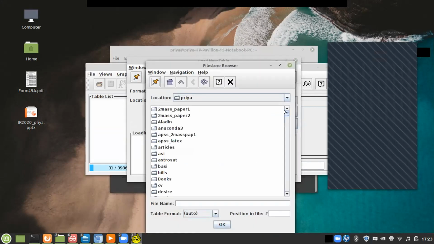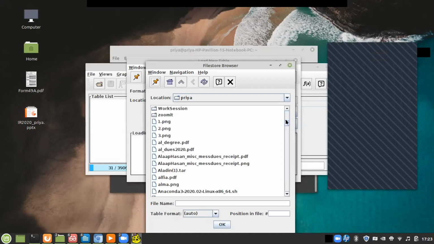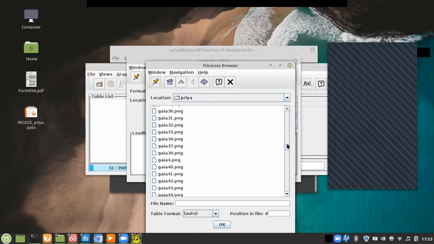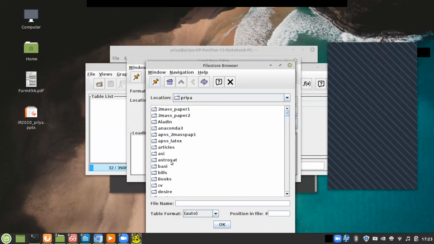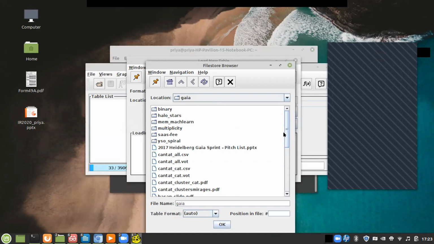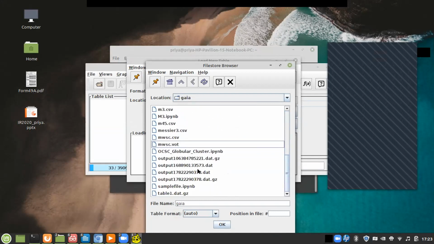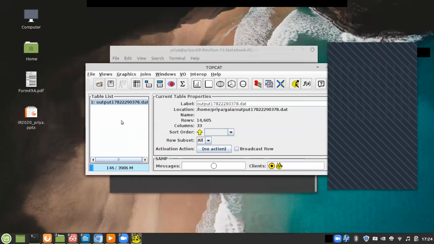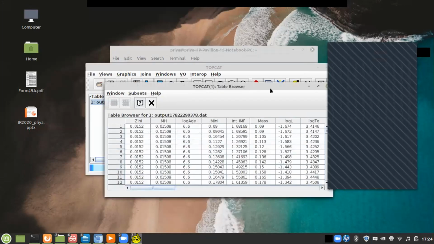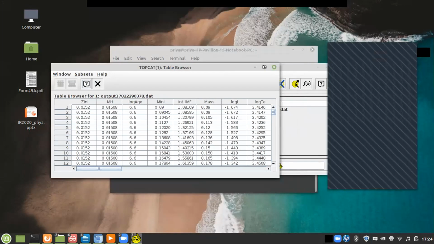This is the file I shared with you all, from which you have to extract the isochrones. This does the same thing as if you download from the net. Now you see this is a whole set of isochrones in one file.